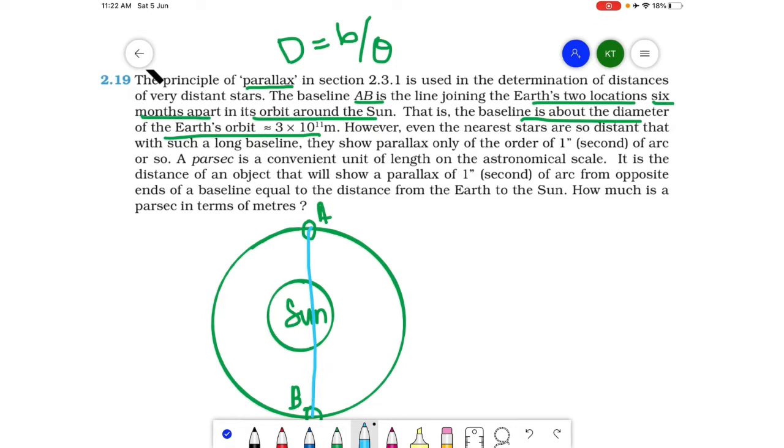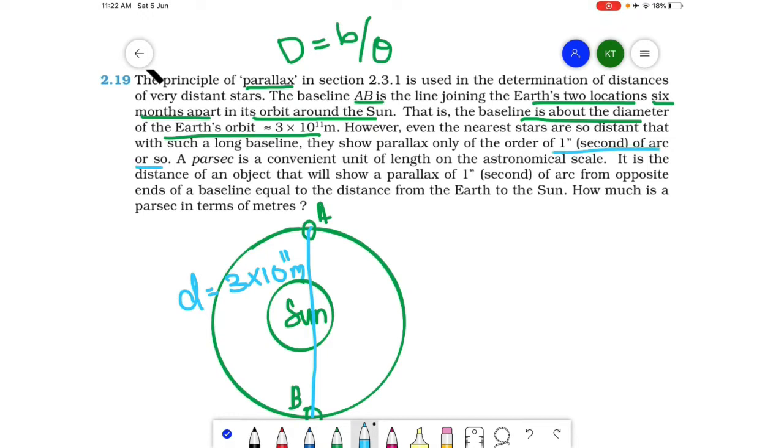So according to this, the distance between the Earth 6 months apart, d is equal to 3 into 10 power 11 meters. However, even the nearest stars are so distant that with such a long baseline, they show a parallax